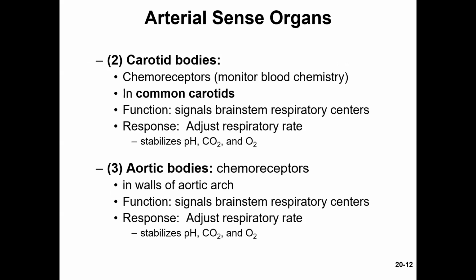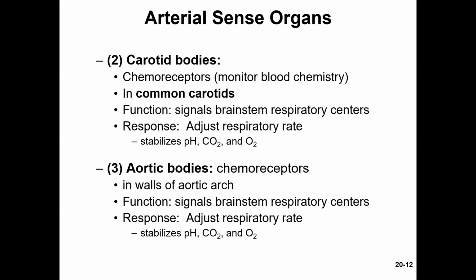Carotid bodies are chemoreceptors that monitor the blood chemistry. These guys are in the common carotids. They signal the brainstem respiratory centers so that the resultant response would be to adjust the respiratory rate. This is so that we can help stabilize pH by altering the buffer system, increasing O2 intake and increasing CO2